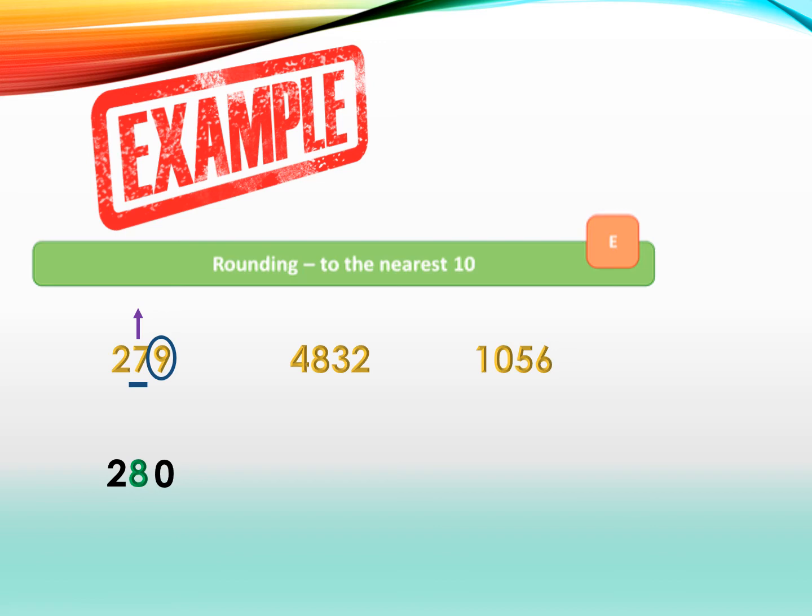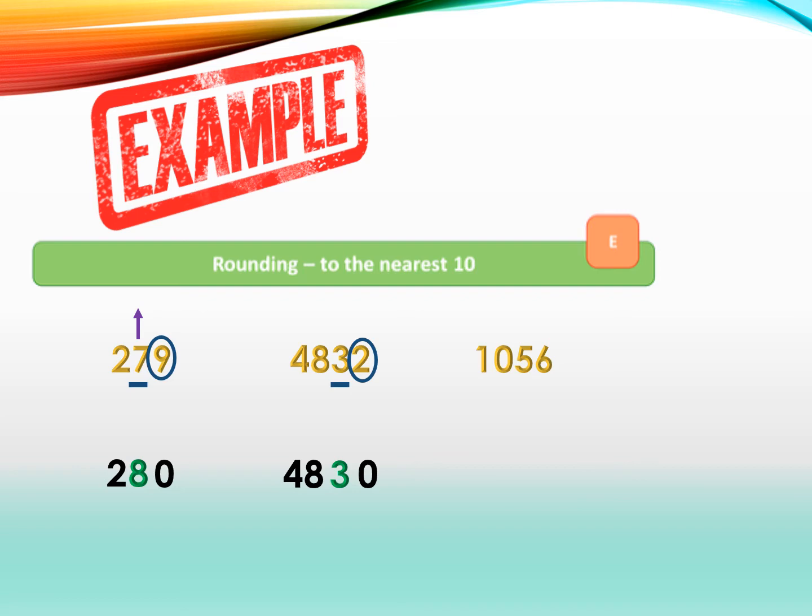Let's take another example, 4832. First, we determine the tens number. It will be 3. And I will circle the number on the right, which is 2, and ask myself if 2 is a strong or weak number. Weak numbers are 0, 1, 2, 3, 4. So 2 is a weak number. Don't give 3 anything. 3 stays the same. So I will write 3 and 2 becomes 0, and any number before 3 will be the same. So the number after approximation will be